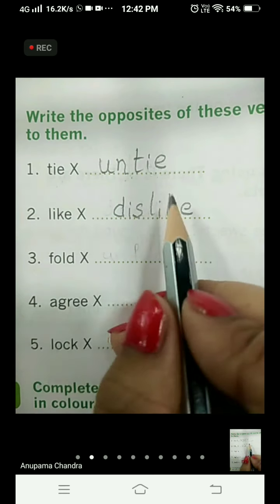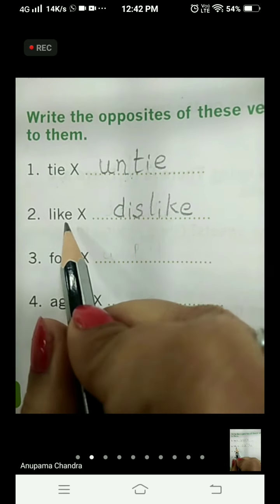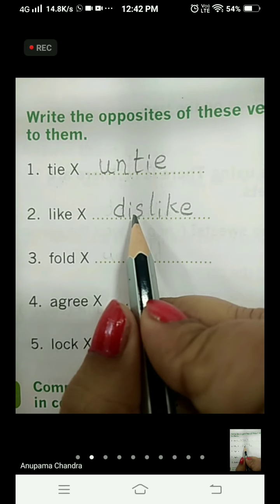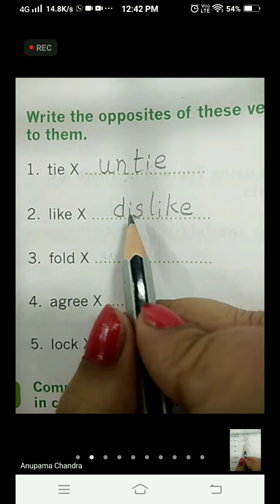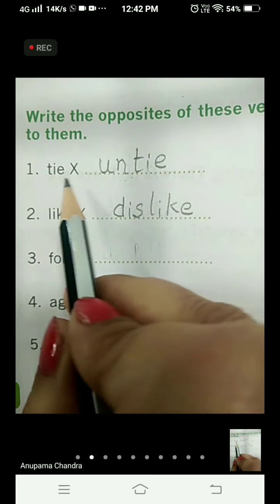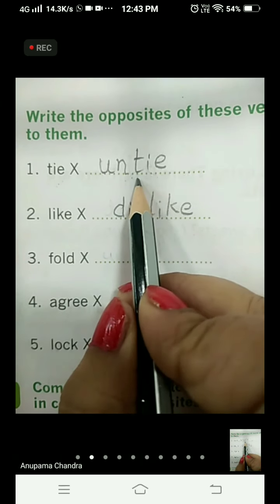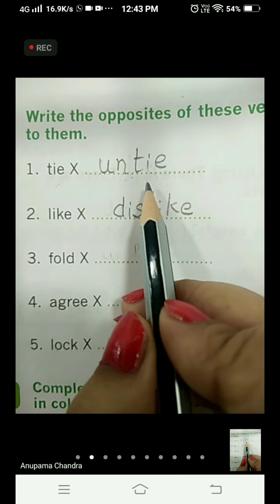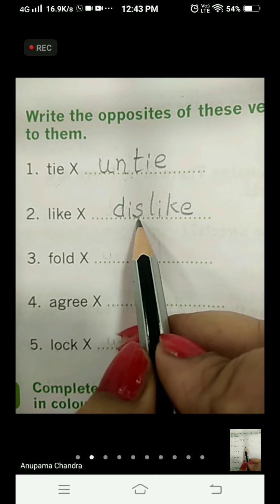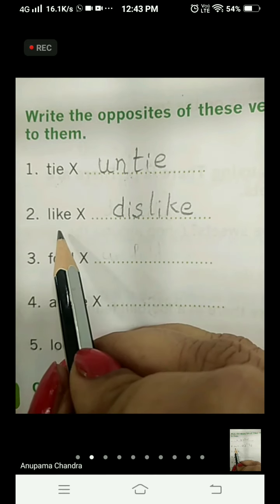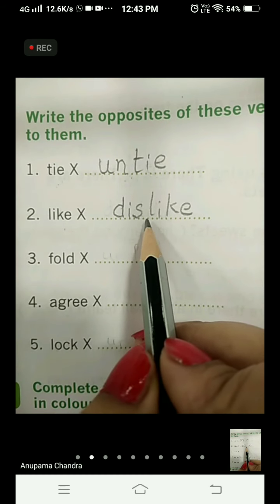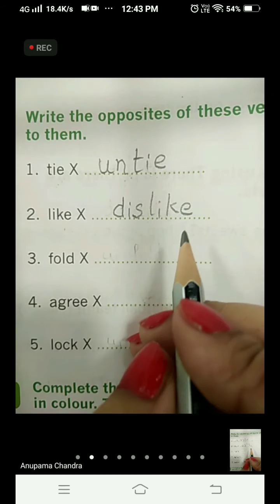Then like becomes dislike. First we have used un, that is tie, untie. In the second word we are using dis to make the antonym like, dislike. Okay, let's see the third one.